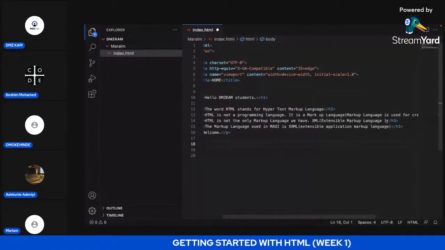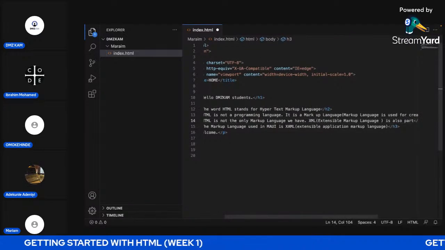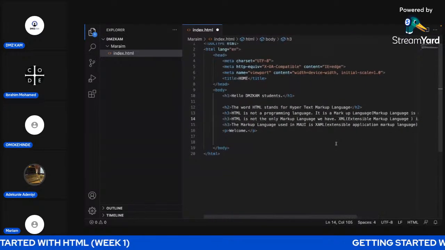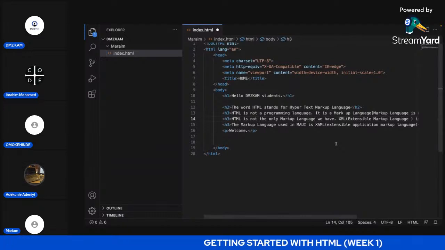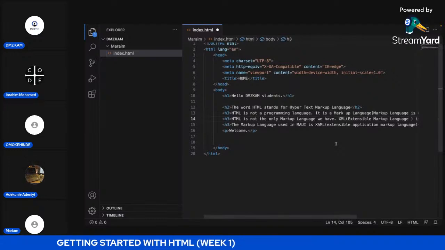XML is also part. So yeah, that's that about markup languages. So we also have what we call... I said that HTML was first written by Tim Lee